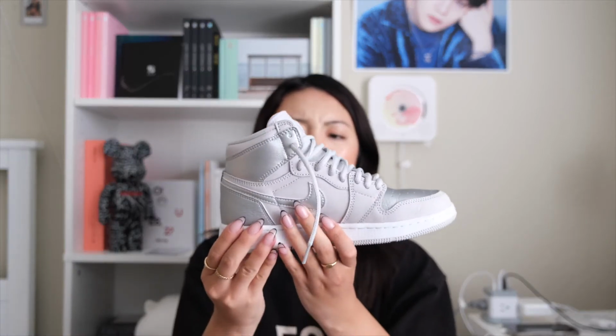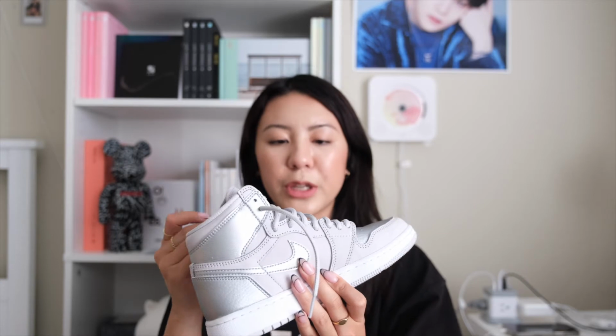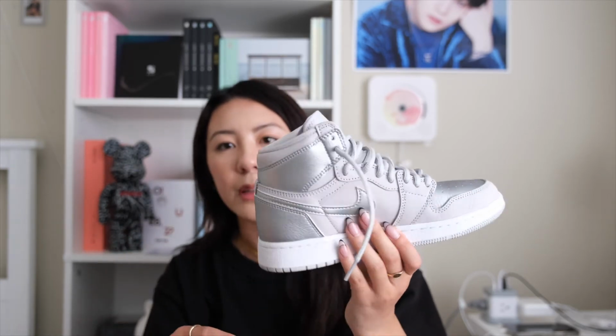I'll show you how I style them because I typically don't really lean towards the all one colorway Jordans, and even though it's different shades of gray and metallics, I still feel like it's just not really my style. I like there to be a mix of white because I obviously love white. I really like white background, white everything. It just seems very clean and minimalistic. You can really show off your outfit, and this is the main and center attraction of your outfit. However, if I owned this pair myself, I think I would be able to tone it down with the rest of my outfit and make it look more everyday,